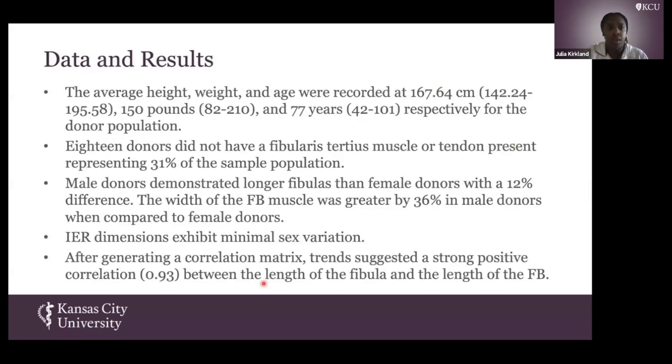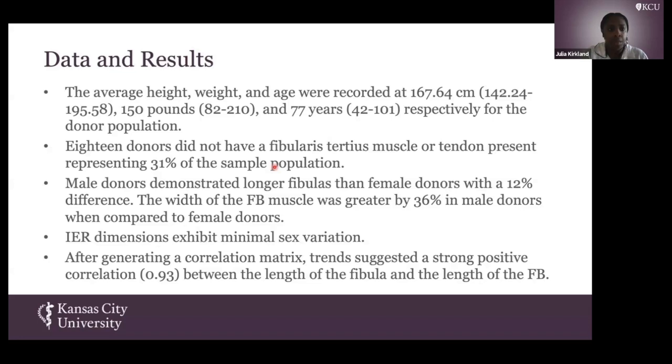So, data and results. The median height and weight of the donors were recorded at 167.64 centimeters with a range of 142.24 to 195.58. The median weight was 150 pounds, and the median age was 77 years old. So 18 donors did not have the fibularis tertius muscle or tendon present, which represented 38% of the